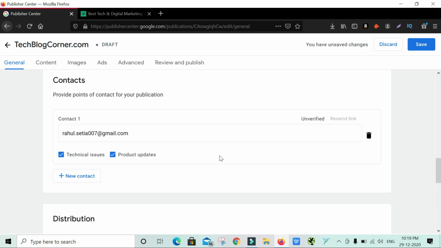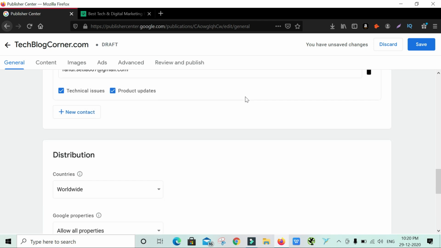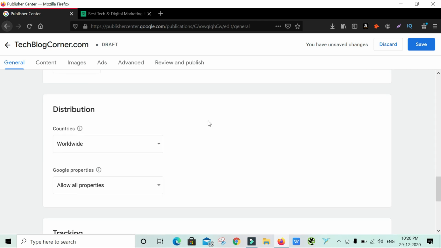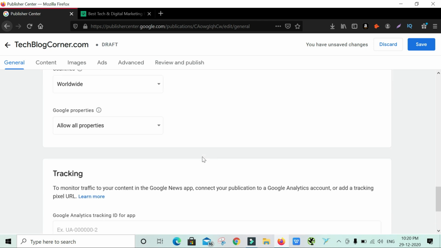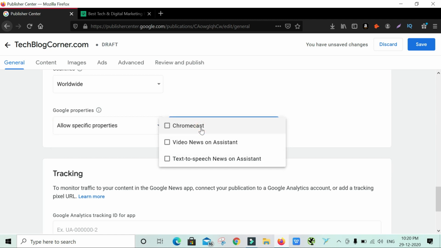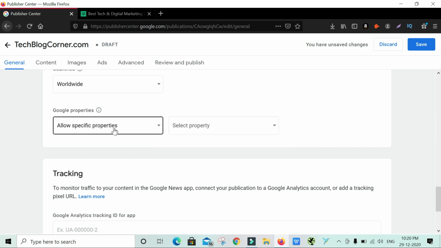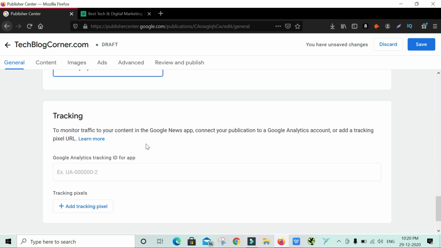You will see it in your inbox. I'm not going to show that step, but it will be received from Google. For the countries you are going to distribute to, I'm targeting worldwide on all the properties of Google. You can specify a property like Chromecast or video news only on Assistant, something like that. I'm going with the allow all properties option.